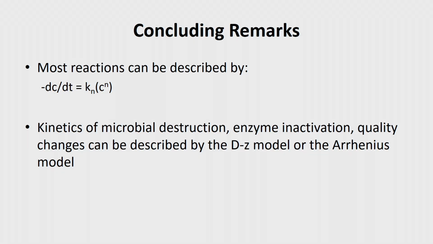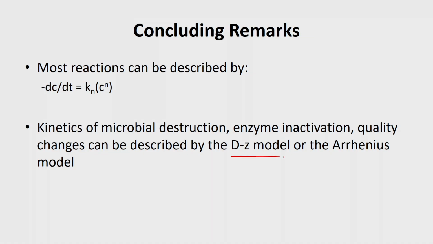And also we have studied the kinetics of microbial destruction, enzyme inactivation and quality changes. For example, we were able to compare D and Z values for one particular process which has microorganisms to deactivate. At the same time, my food nutrient should not get deactivated more, or my enzyme activity should not be reduced more, and for that, which temperature should I choose. One example we have seen, and these can be described by the D-Z model or the Arrhenius model, right. The Arrhenius model is what I told, right. So your rate is a function of temperature, following minus E upon RT.